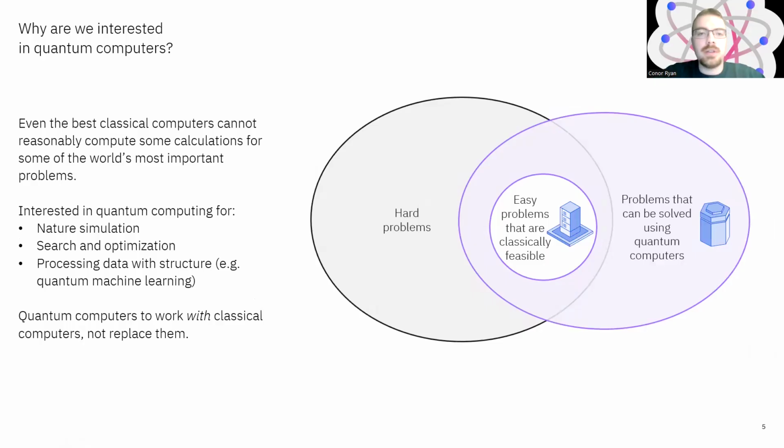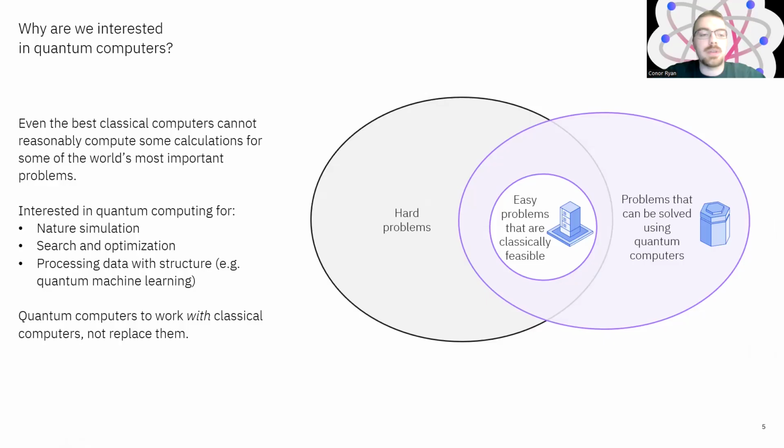So, before we continue with the behaviors of quantum computers and what they can do, it should be noted to keep in mind why exactly we are interested in this, other than the fact that it is different to classical computing. Well, when you do classical computing, not everything can be done to an exact level, and certain difficult calculations require a variety of approximations to be performed in a feasible timescale for classical computers, and with the current resources that are available, such as memory. But there are still a class of problems that, even with these well-designed approximations, still cannot be solved within reasonable timescales or using a realistic amount of resources.